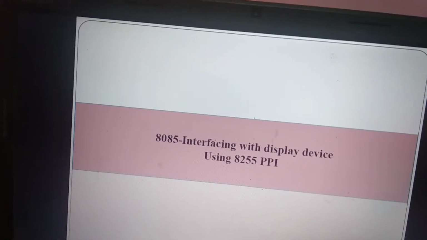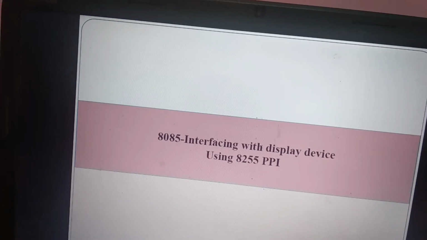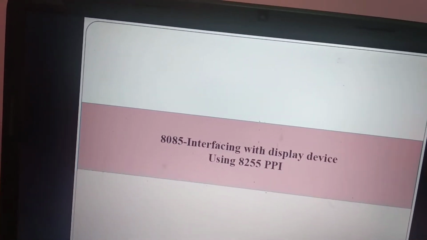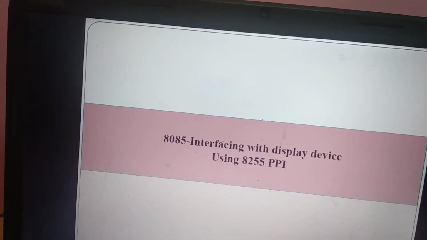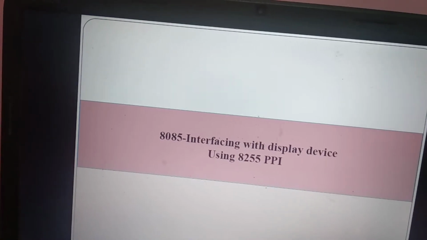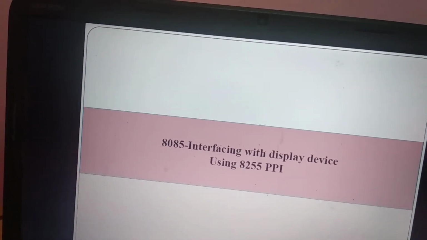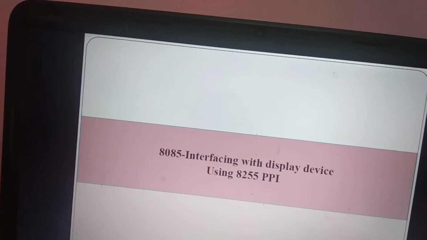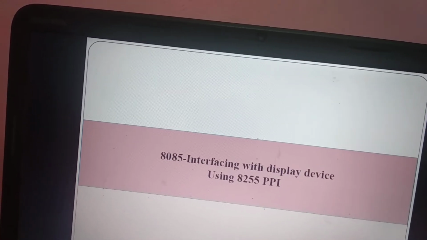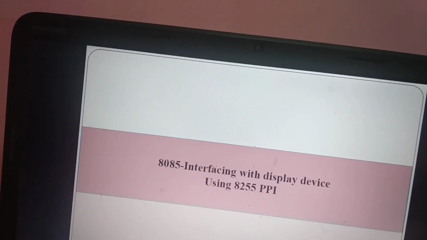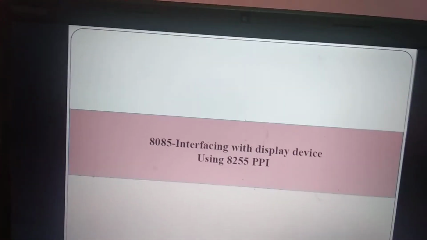Before starting into the technical and architectural details of the 8255, how it can be configured and how it can be interfaced with the 8085, we first need to know that a peripheral device can be an input device or an output device which is to be interfaced with a microprocessor.